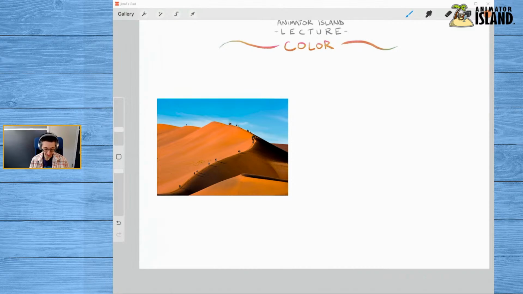So in this instance, if we had this photograph, which is of sand dunes, some people hiking along some sand dunes, there are a lot of different oranges and peaches and grays and colors in just that one sand dune. It's not just a flat color like it was for the skin tone of that character. And so this gets to the next level of exercise you can do, because you need to look at that whole range of colors and get an idea of what you would pick to try and summarize the whole thing. Or you can pick one specific area.